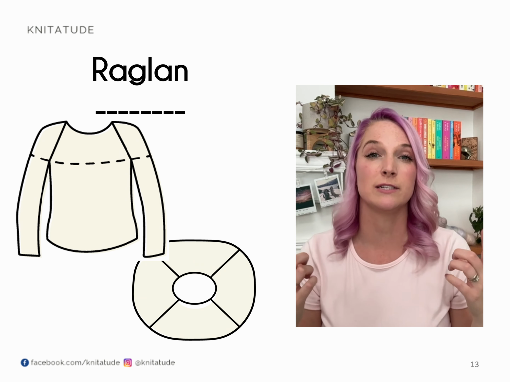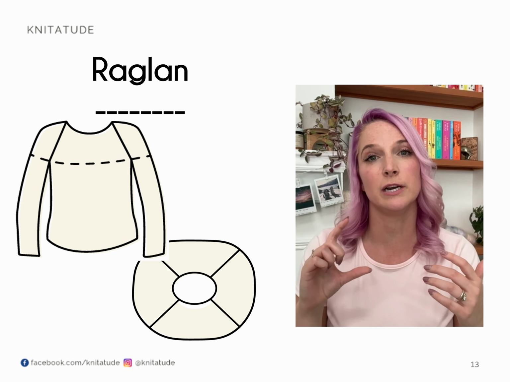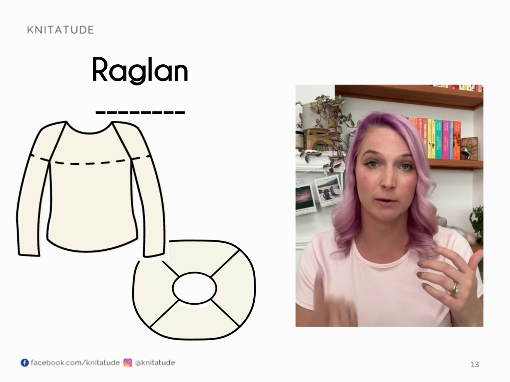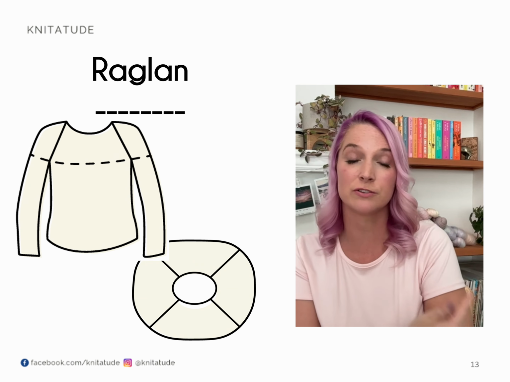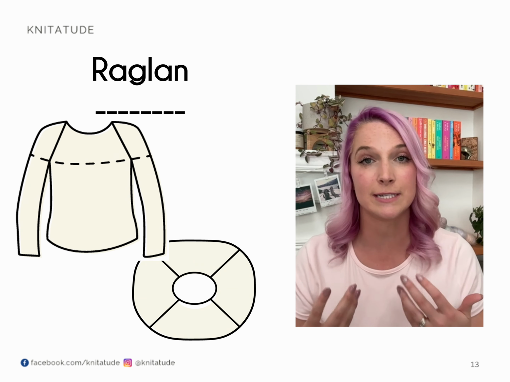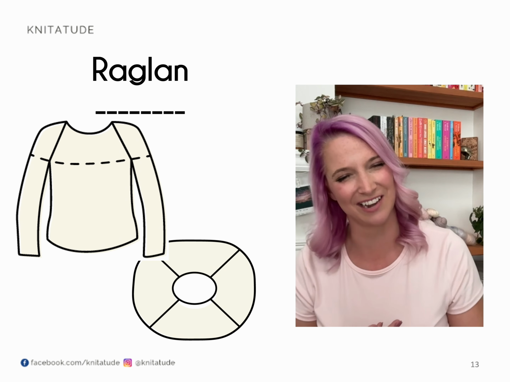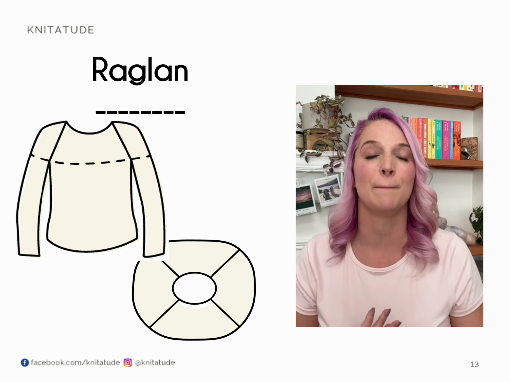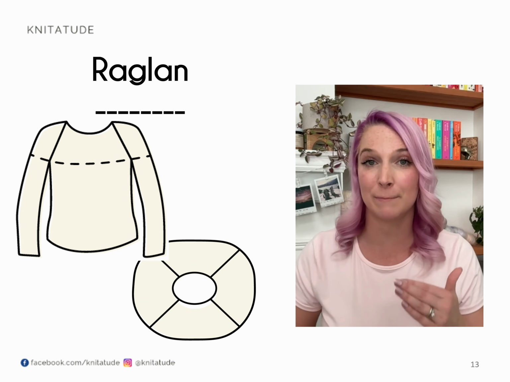From there, you wouldn't cast off, but you would put your sleeve stitches on hold and then essentially work the body down. You'll pick up those live stitches from the sleeves and then work the sleeves down, which again means that you don't have to worry about any seams, which we know does have a disadvantage because seams are sturdy and strong. You can also work a raglan bottom up